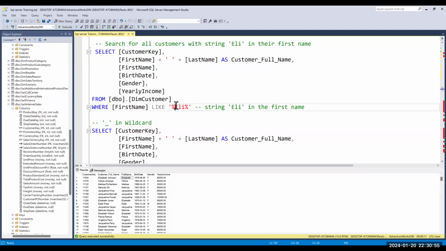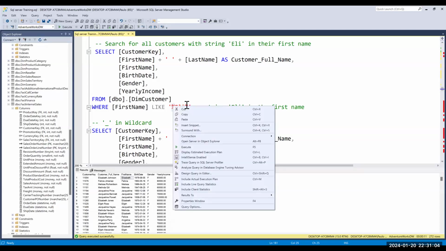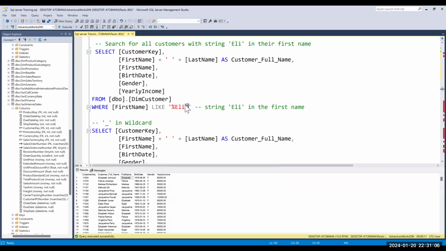That's why to be on the safer side, you put percentage at the beginning because you are not sure. You don't know what starts, you put percentage at the beginning. You don't know what ends, you put it at the end, but you are sure that there is ELI in the name. Because if you do it like this,